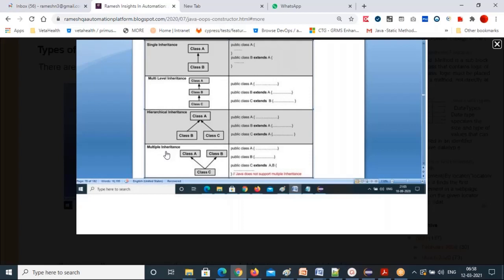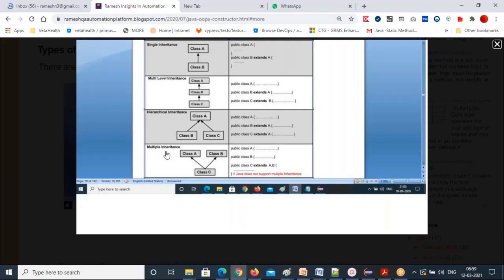The second reason is to avoid confusion. These are the two reasons why they are not supporting multiple inheritance in case of class.